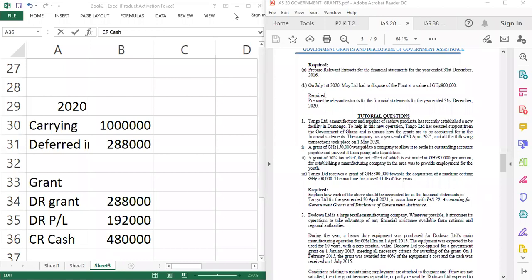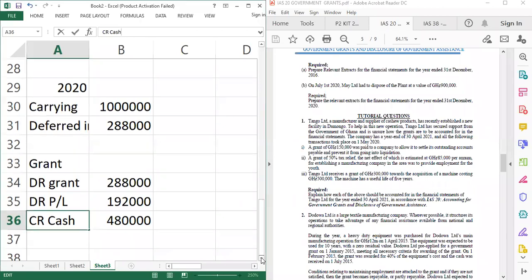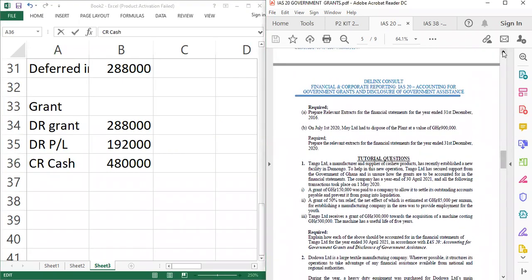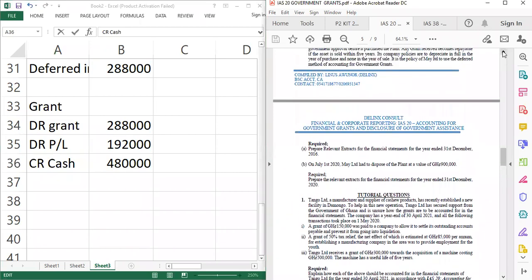I'm now going to continue with the disposal and calculate whether we had a gain or a loss. So what is the carrying value at the date of the disposal? The carrying value is 1 million, isn't it? Because in the year of disposal, we don't depreciate. So though you sold the asset in July, you won't calculate depreciation for the 6 months before. The carrying value from the previous year will still be the carrying value.